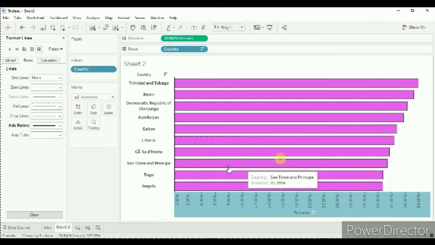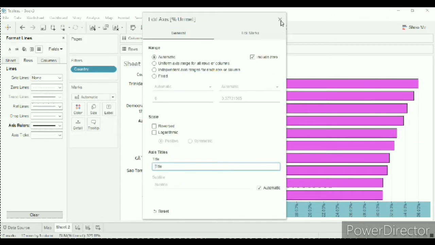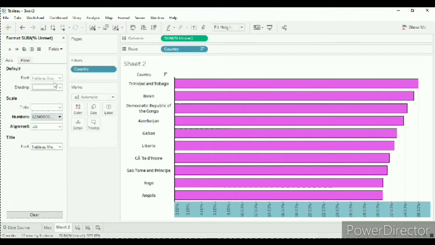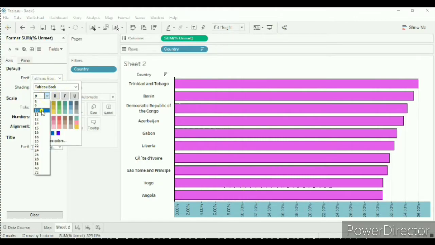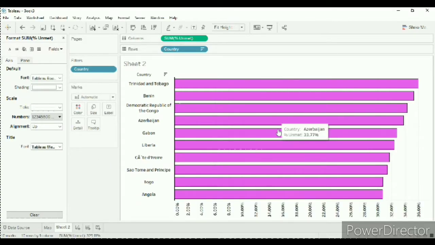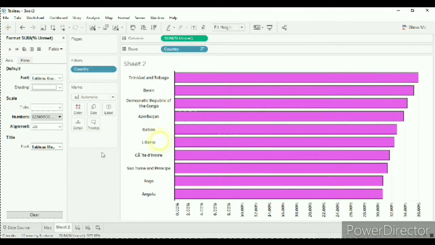Go to edit axis and remove the title. Now again go to format, change the font to 10, color black and bold. Now hide field labels from rows, rename the sheet as unmet needs.